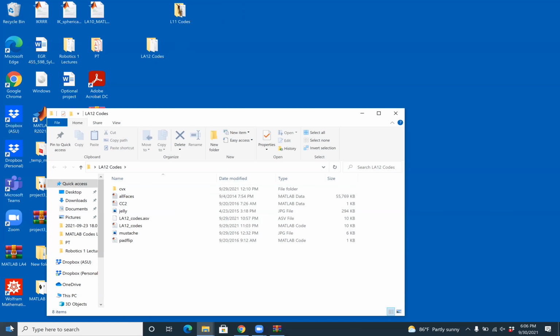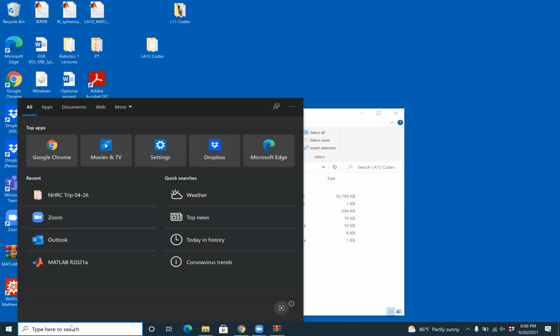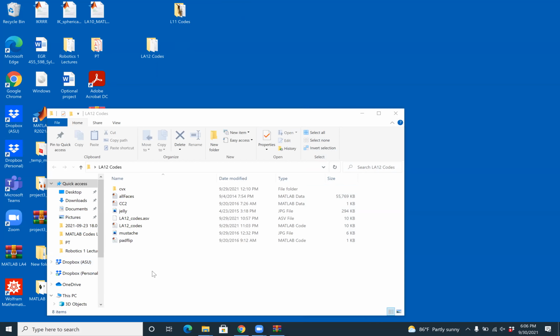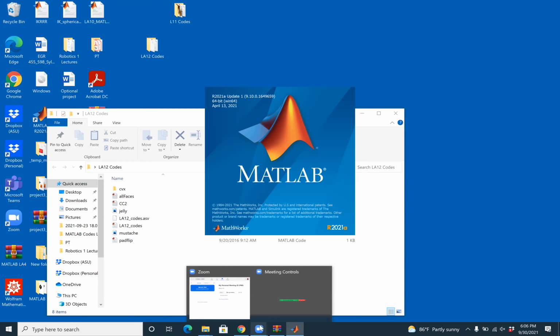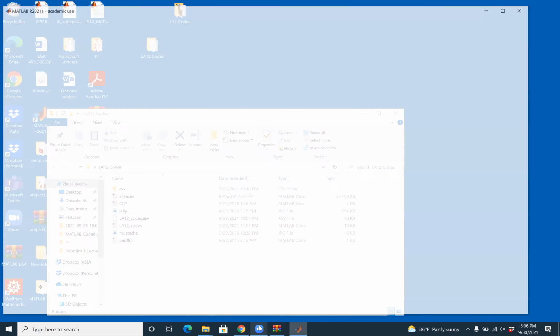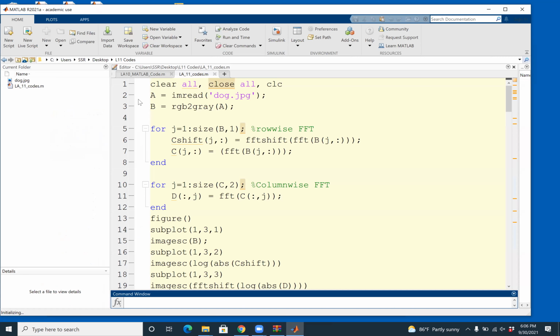So what I want you to do is go to MATLAB. So my online students, open MATLAB. And after MATLAB opens, what you want to do is go back.